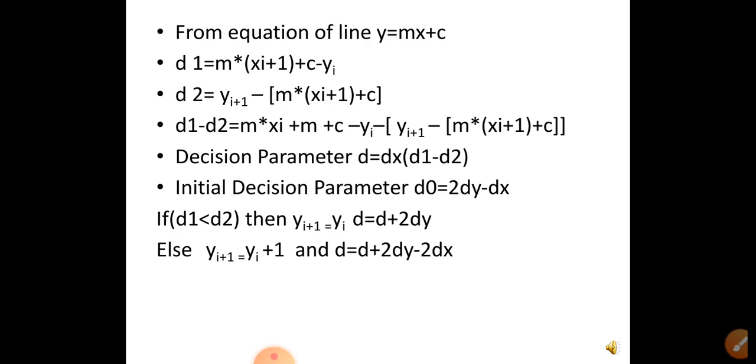If you want to see how this decision parameter is generated from the above two equations, I have shared one Word document where I denoted how that derivation is deduced. Okay, you can refer to that Word document. Okay, so next is